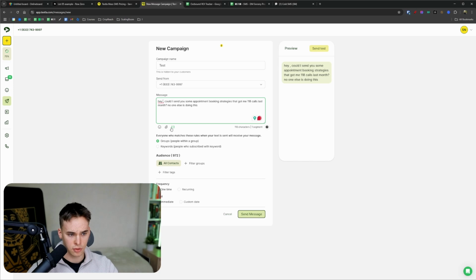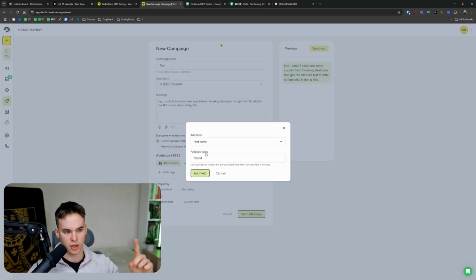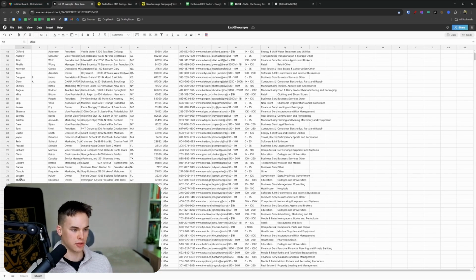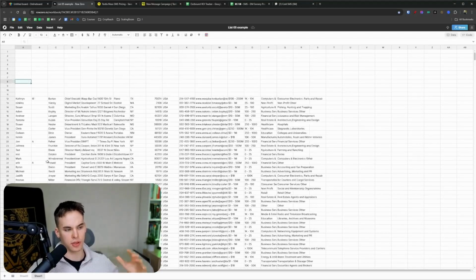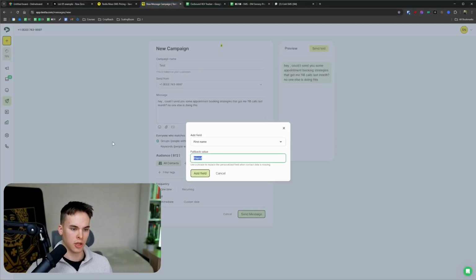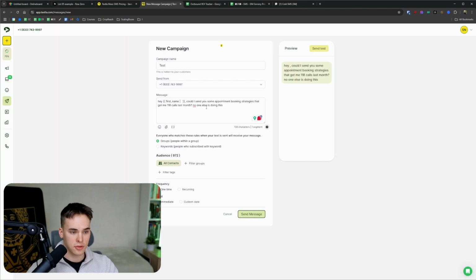What you could do and what you should do is if you have the first names, you should put obviously first name, and there's always a fallback value. So what that means is really if it doesn't detect the first name for some reason, you should have a good lead list, by the way, and that shouldn't be a problem. But then put something here. So hey friend, fine, you could do that, or just put like nothing here. So that's all you need to do, and this will look like, well, like this, right? If there's no first name here,